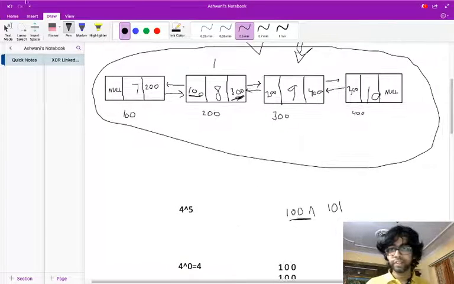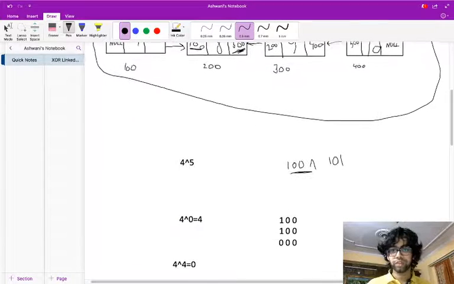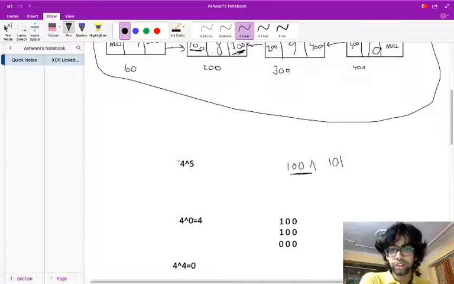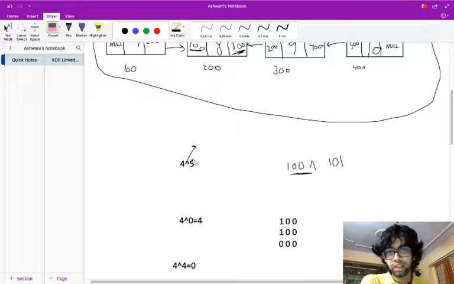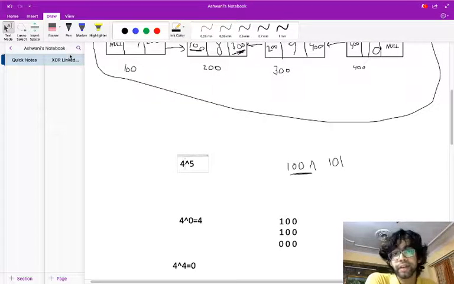So let's look at some properties of XOR. Let's say I want to XOR 4 and 5. This sign is called caret. So 4 XOR 5. XOR is a bitwise operator. It performs the operation on binary, bit by bit. That's why it's called a bitwise operator.